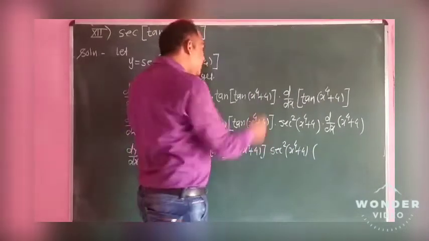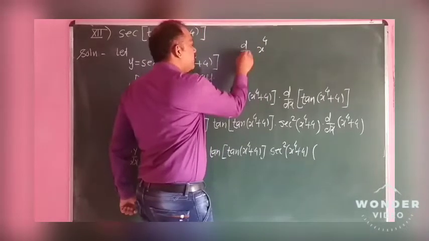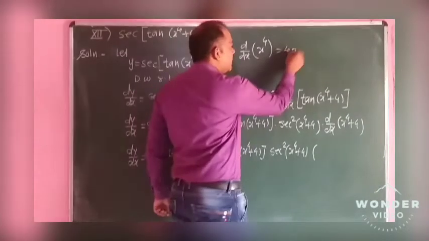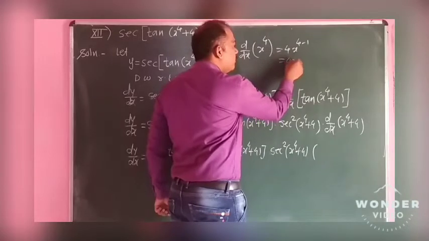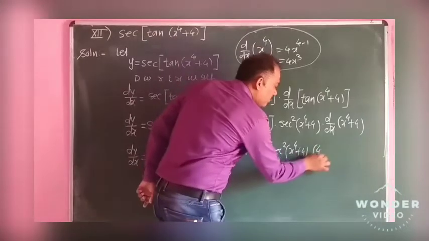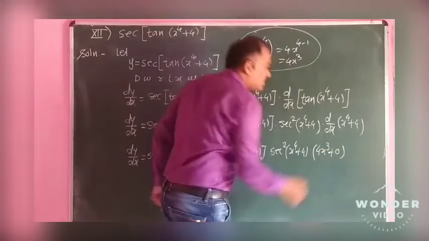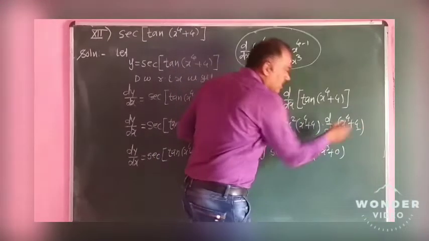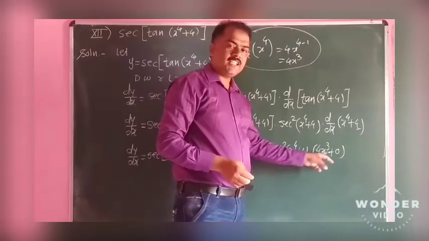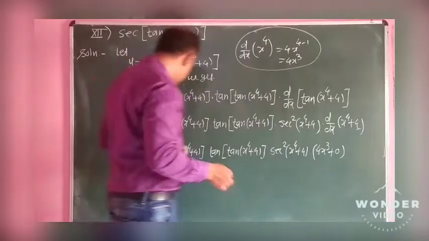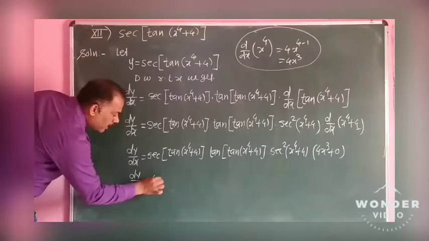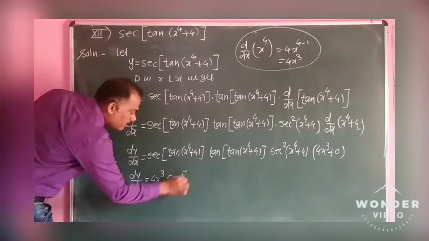raised to 4. What is the derivative of x raised to 4? We take the power as it is, and from the power we subtract 1, that is x raised to 4 minus 1, which is 4 into x cube. The derivative of x raised to 4 is 4 times x cube, plus 4 is a constant. Which 4? This 4 is a constant and the derivative of a constant is 0. That is 4x cube plus 0, which is 4x cube. We write it in the beginning, that is dy by dx is equal to 4x cube into sec of